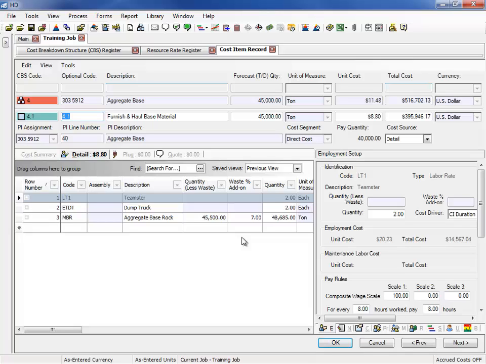Utilizing waste percentages is an effective way to retain your precise takeoff quantities while allowing you to accurately model the actual quantity of a resource that will be bought or